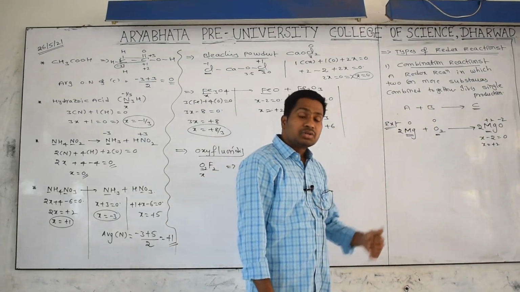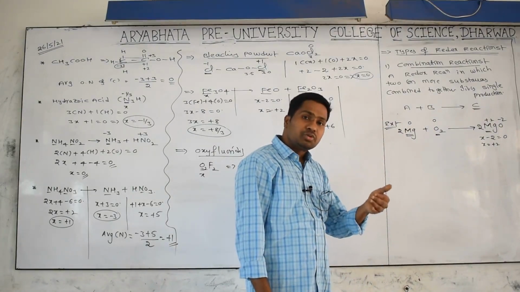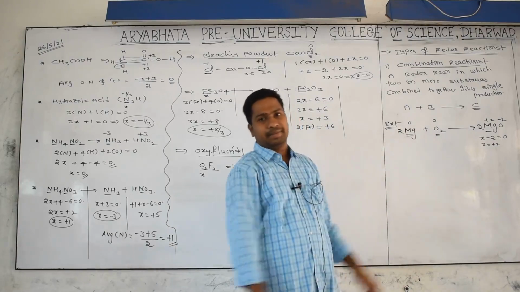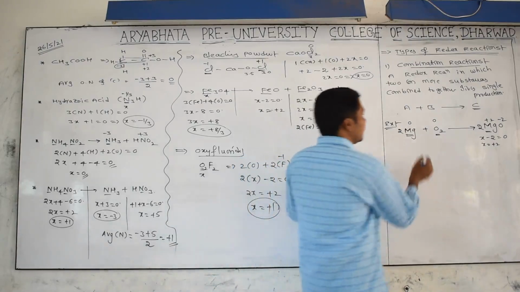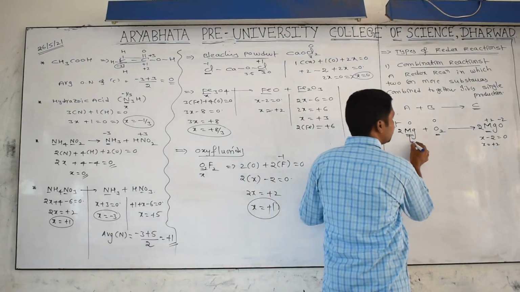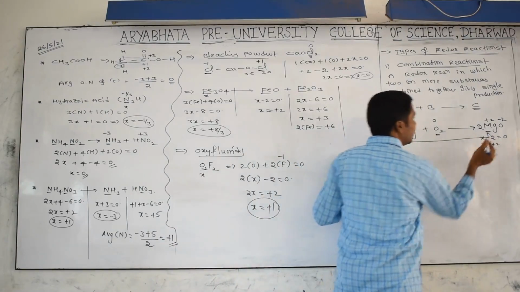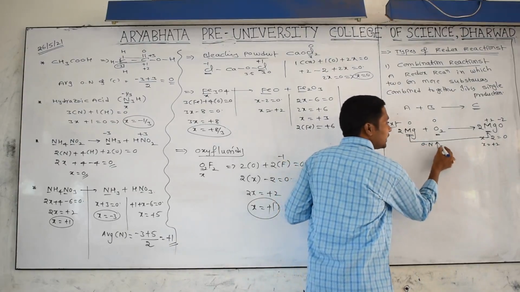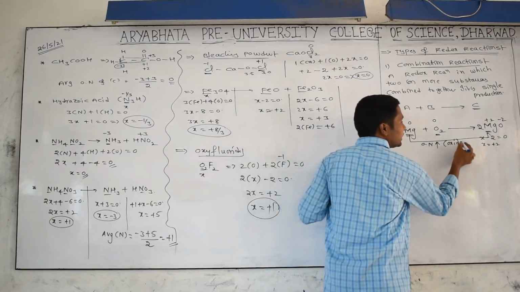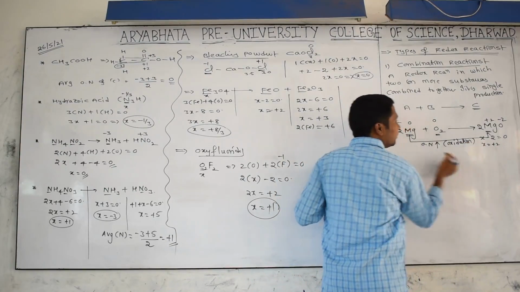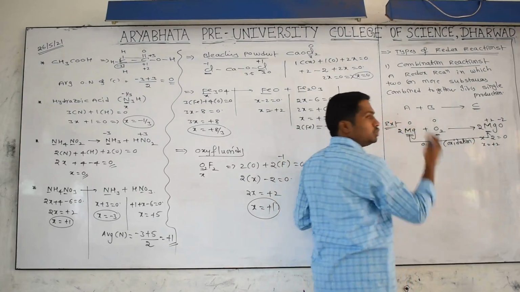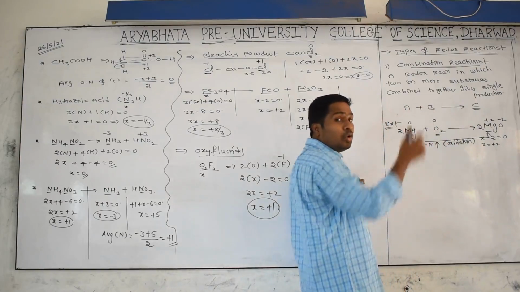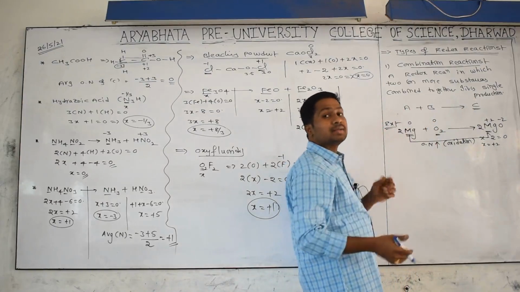A redox reaction is one in which both oxidation and reduction go on simultaneously, at the same time. Just check it. The oxidation number of magnesium changes to +2. I already told you, when the oxidation number increases, the process is called oxidation. It changes from 0 to +2. Does 0 to +2 mean the value is increasing? Yes, that is called oxidation. If the oxidation number decreases, it is called reduction.